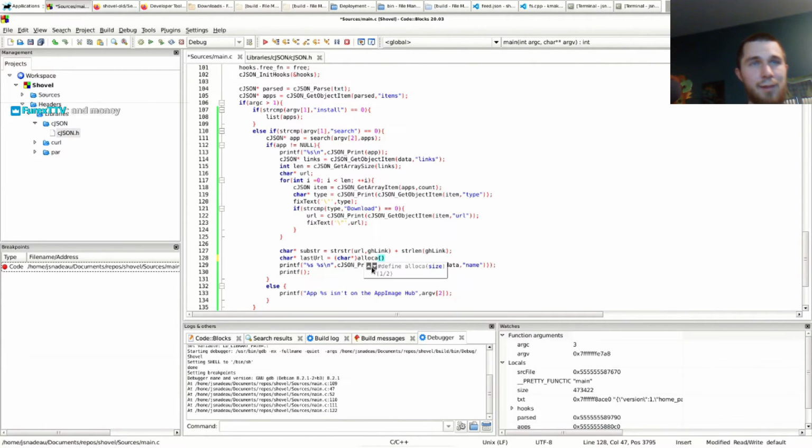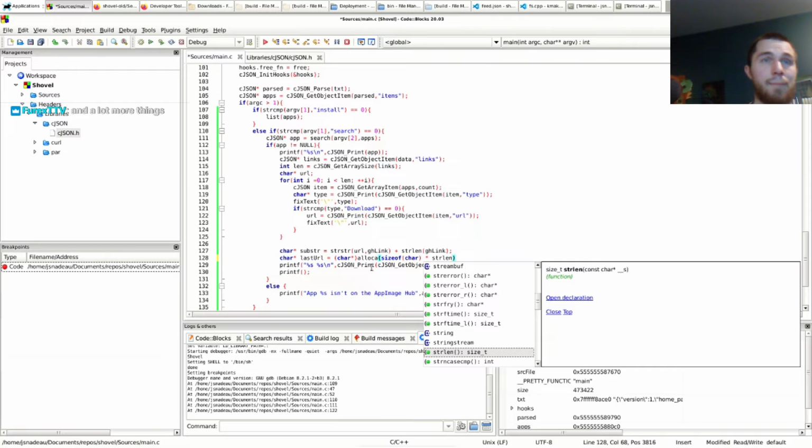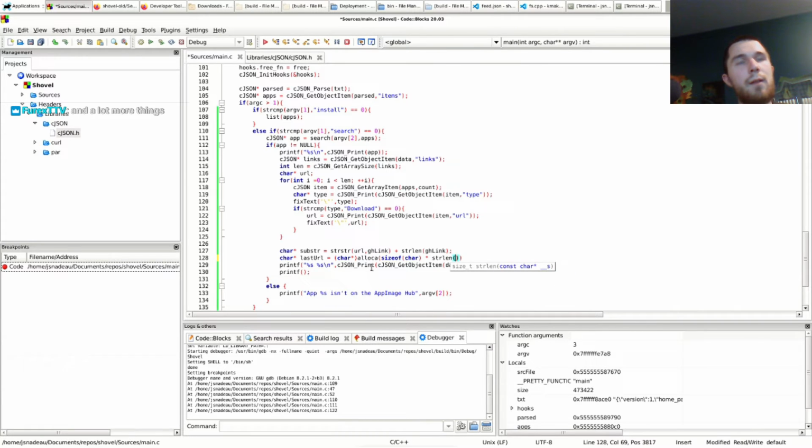Alloca size of char times str length. Sub str times str length. Okay, so I need to